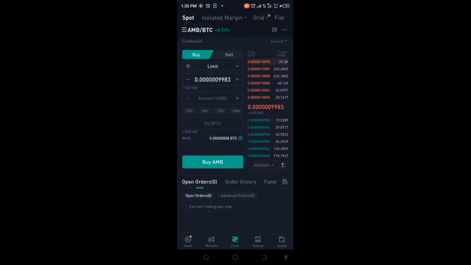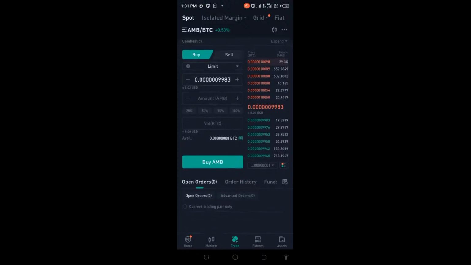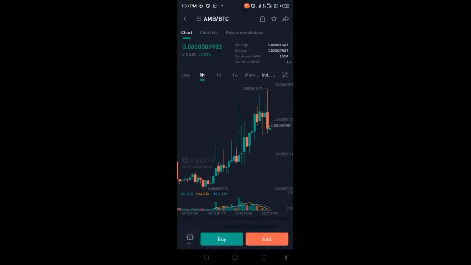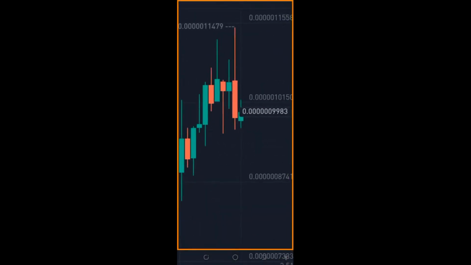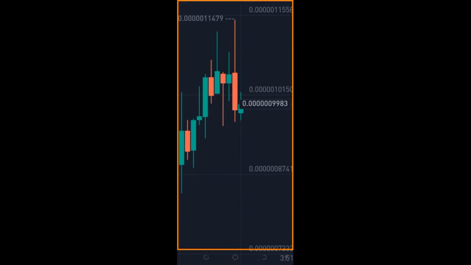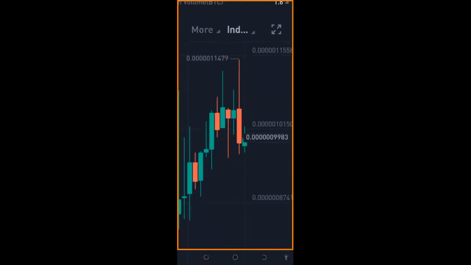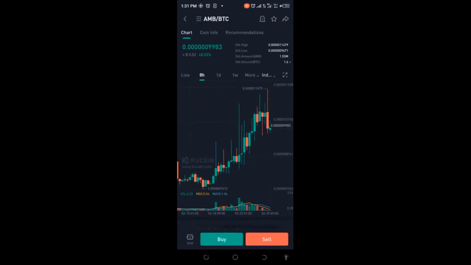Whoops. What am I seeing here? The price has gone down. Okay, so let's go and check what's happening. Oh yeah, I can see that the price is already down. That's what happens when you don't take advantage quickly. But what we're going to do is add a spot trading element to this. We're going to see if we put it back at